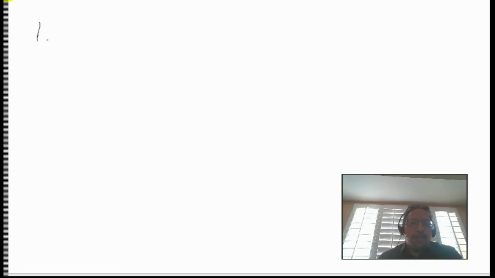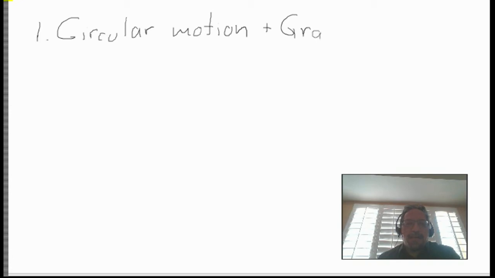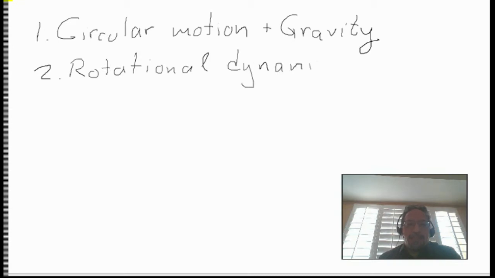We're going to do circular motion, and gravity, which is the content of chapter 5. We are also going to cover then rotational dynamics, that is the content of chapter 7, and by extension chapter 8, which includes